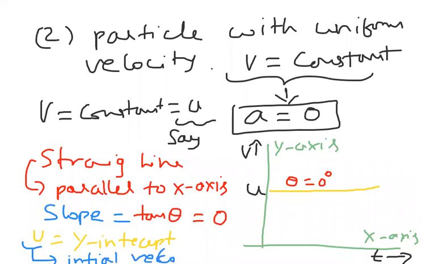So we can take that expression for the straight line parallel to the x-axis, meaning the y term is constant. What is the y term? U. U is constant, so slope is 0. Y-intercept is u. The graph is a straight line parallel to the x-axis. Like that, we have to write the graph for this particle with a uniform velocity condition. Particle with uniform velocity. Next, let us observe.